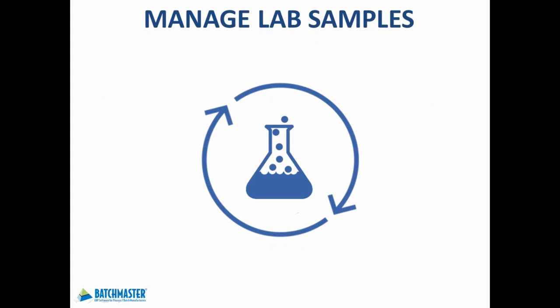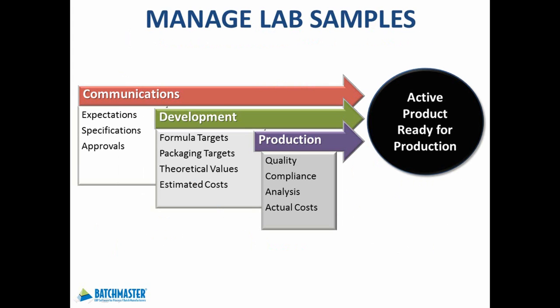Effectively managing samples will enable you to accelerate the process from concept to production. You can identify the requester and their specific product requirements, and then track the progress of your recipes and finished goods from R&D to acceptance, then into production. With samples management, you will gain a greater insight into customer demand and product trends, as well as improving your